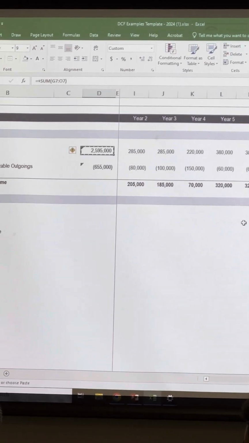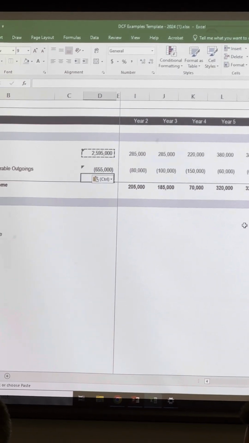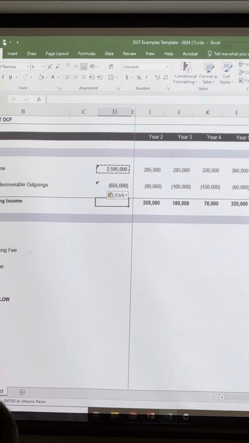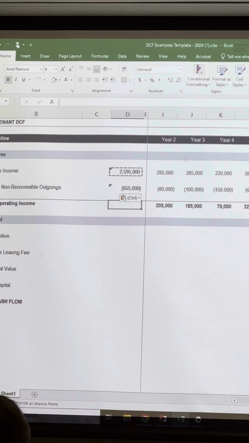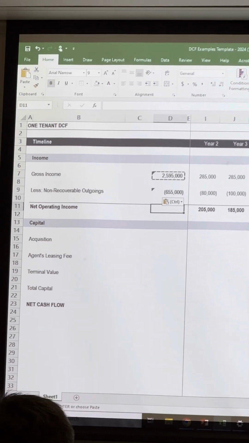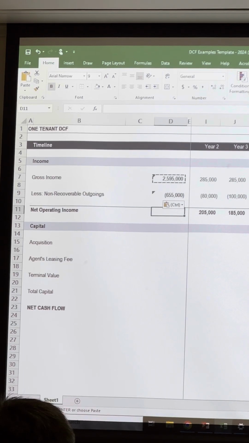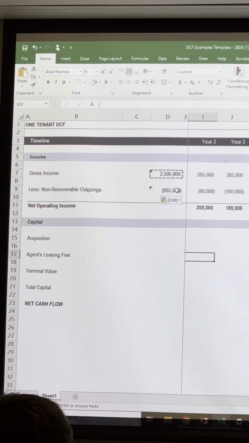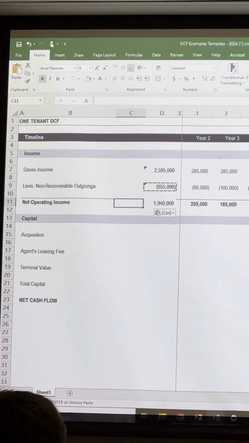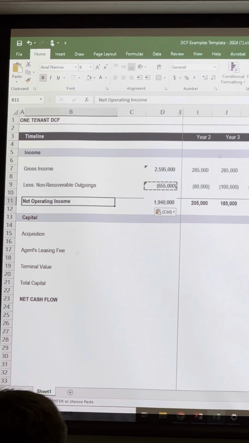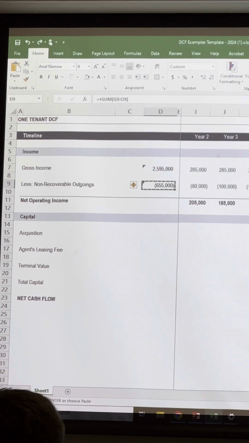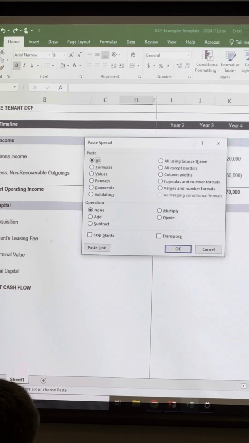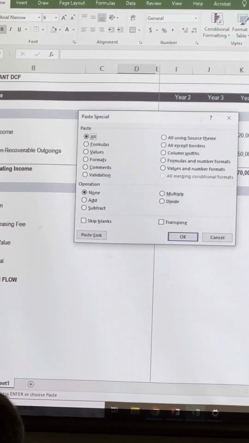So we've pasted that there. And then, does anyone know Control Alt V? If I was just going to paste that in there, I'll break the formatting, and so it'll just look weird. So if I Control C and then go Control Alt V, I'll get this little paste special box. And then if I just hit formula,